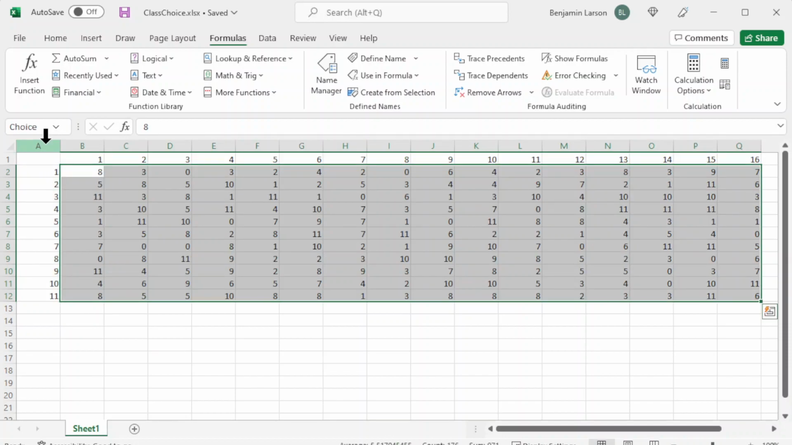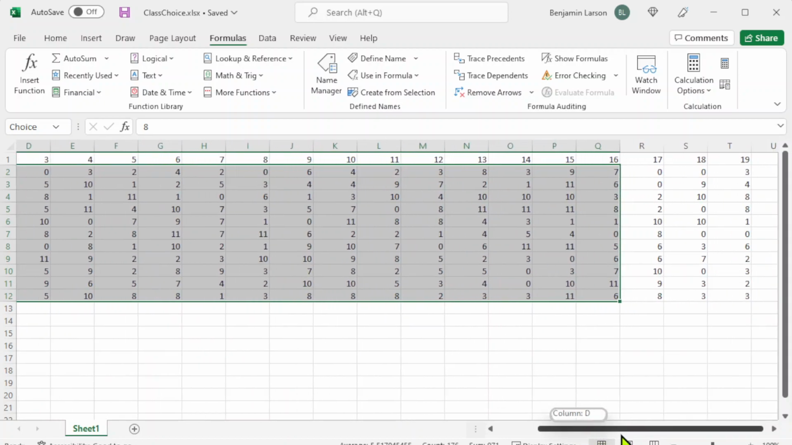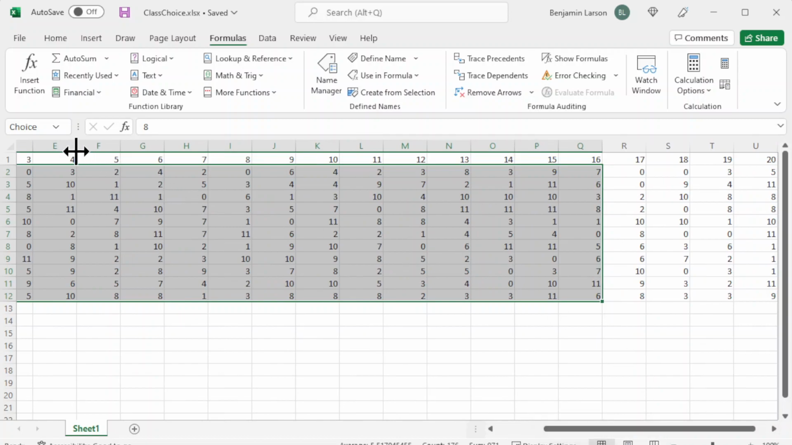Okay. Now, this was working fine until somebody at the college decided we needed to add more classes. So instead of 16 classes, we're now going to offer 20. Well, now here's my problem. You see my ranges are lost there. So what we can do